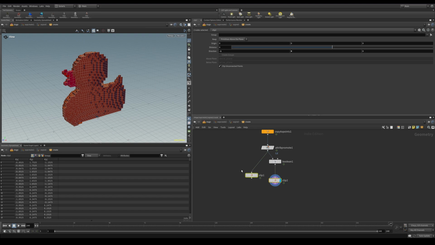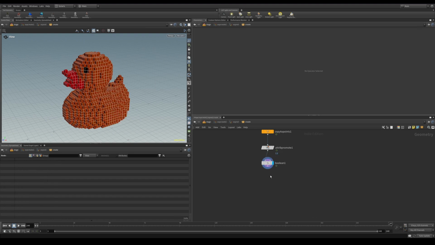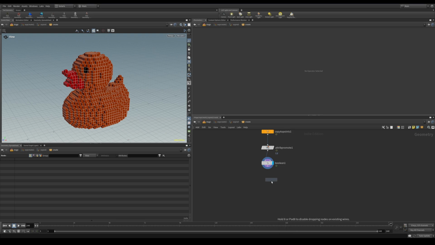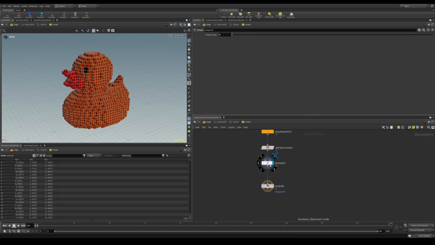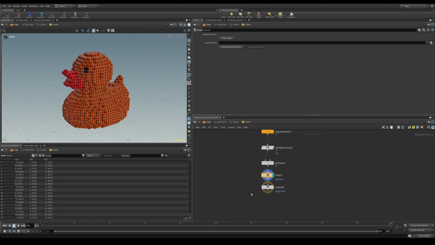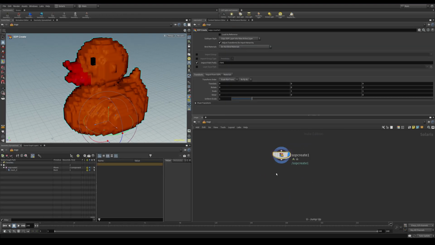So I'm going to get rid of these clip nodes since we don't need them. And now I'm going to put down the output node. And I guess between the Boolean and output, I don't want this Boolean to calculate every time. So I'm just going to use the stash node to stash the results of this Boolean. So hit stash input, and that's it. So let's go back out and let's start working on our material setup.